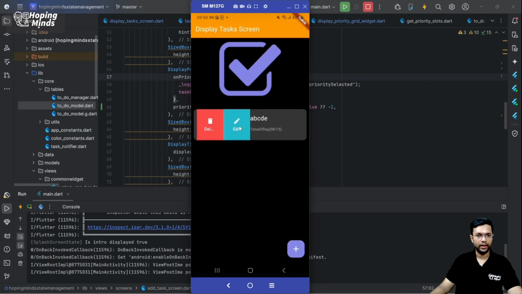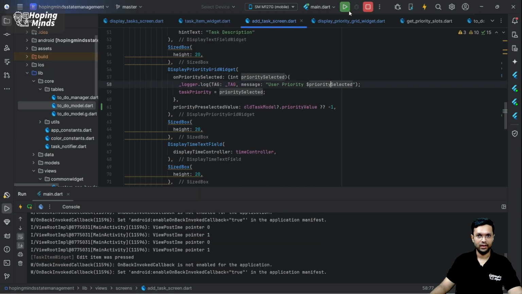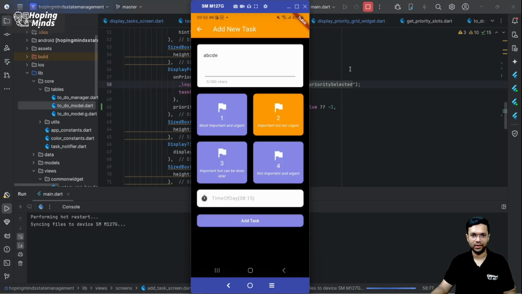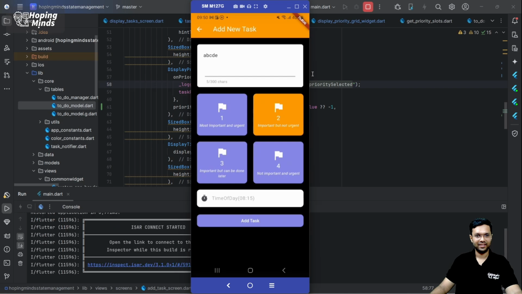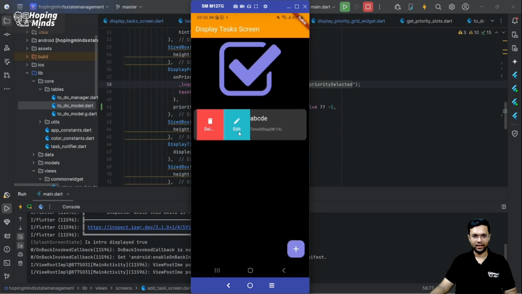I'm going to click on edit. Did you notice I selected priority to be 1, but the highlighted widget is 2. Let me run my app and show it to you once again. Look over here, the priority is 1. When I try to do edit,